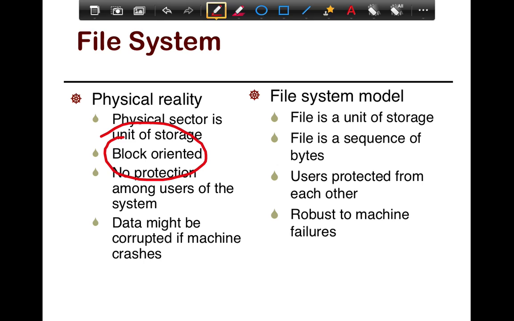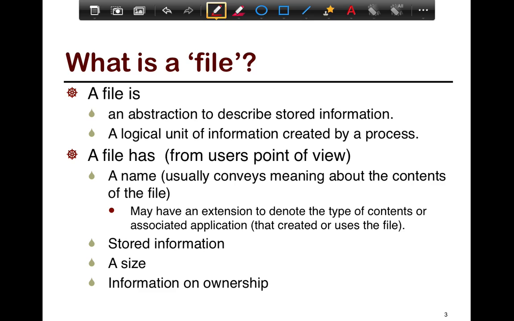Moreover, file systems need to be robust to machine failures. There are a lot of intermittent things that can happen, or even things like a power failure. In such a case, when the system boots up again, the file system needs to be in a consistent snapshot state so that the system can boot up. If the file system is inconsistent, then the system has to go through further checks. So what if a file was written halfway through, for example?